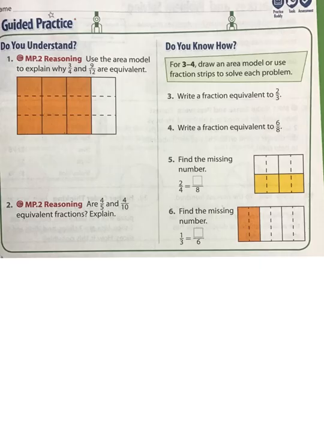Let's do the guided practice together. Use the area model to explain why 3/4 and 9/12 are equivalent. Well, if we look at this in terms of fourths, I have 1/4, 2/4, 3/4, 4/4. So out of the fourths, pretend those dotted lines aren't there. So out of the fourths, I have 3 of them that are colored. Now, if the dotted lines are there,